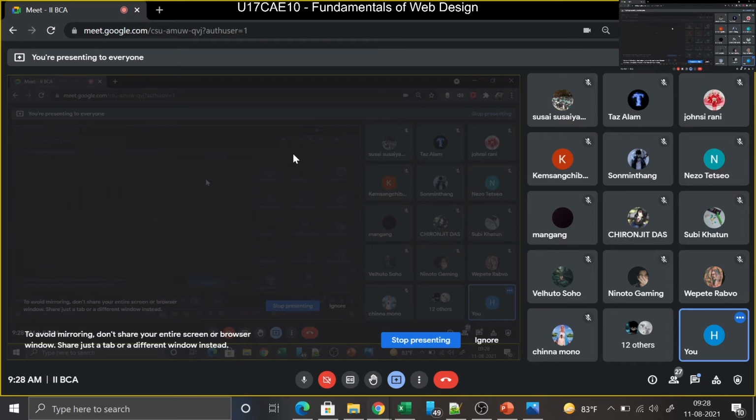So for example, if I put a paragraph tag over here, you can see the difference between this one and this one. All of you, can you see? Can you see or not? Yes, sir. So you can see that this one is bolded, whereas this one is not bolded, right? So this is a heading. You can see this is the smallest one. Of course, it's smaller than this one.